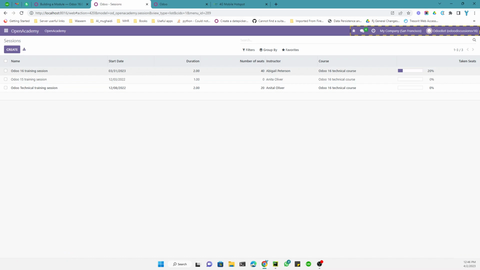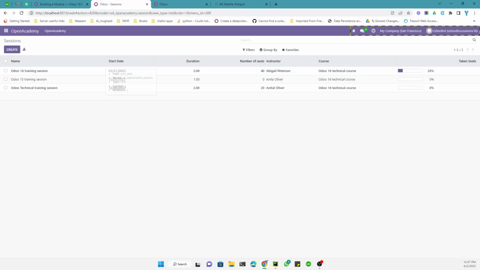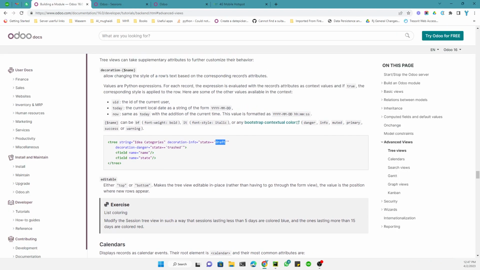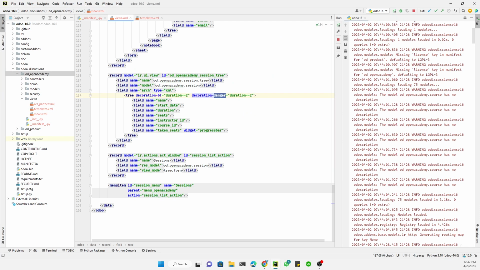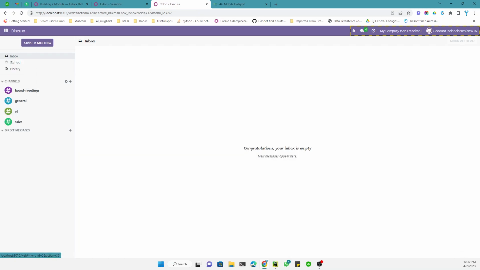So here you can see the text is bold in this case, and in this case also, because the duration is 2 and in this case it is 1, so it is different. The same way, we can apply multiple conditions for this one. For example, you want to make it a duration pool, and we also want to make it a duration like a red. If you want to make it danger if duration, so for the same condition we can apply multiple attributes. Okay, so let me try to upgrade the module again